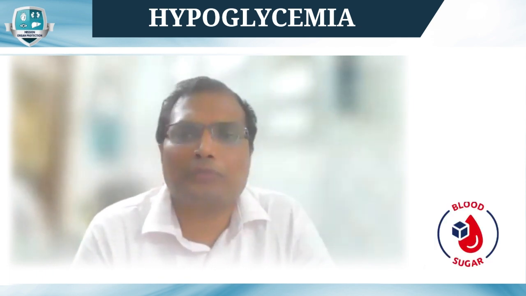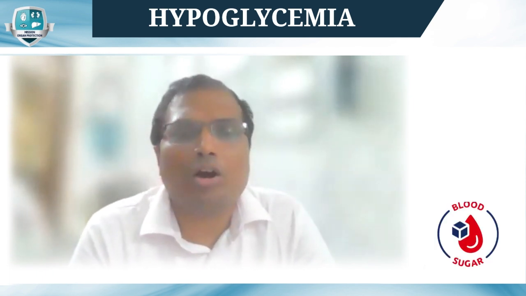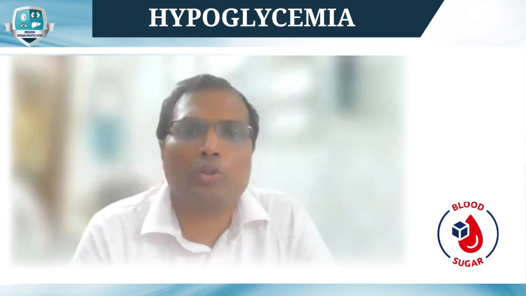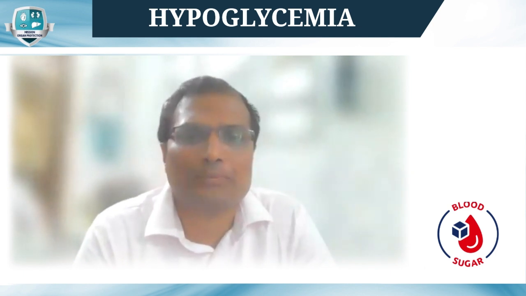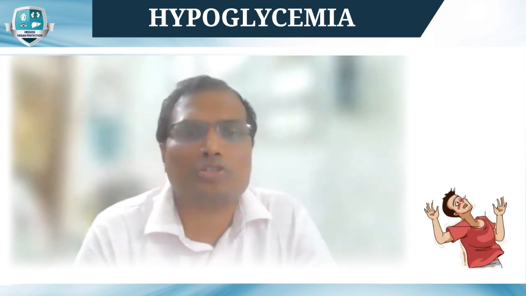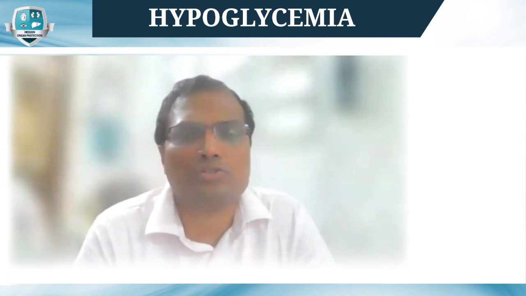There are two varieties of hypoglycemia based on the degree of sugar level. Mild to moderate is when the blood sugar falls between 55 and 70, and severe is when it falls below 40 milligram per deciliter. In severe hypoglycemia, you may even fail to experience such symptoms, and you may go into seizures or loss of consciousness. That is where you may need an attendant to overcome this situation.